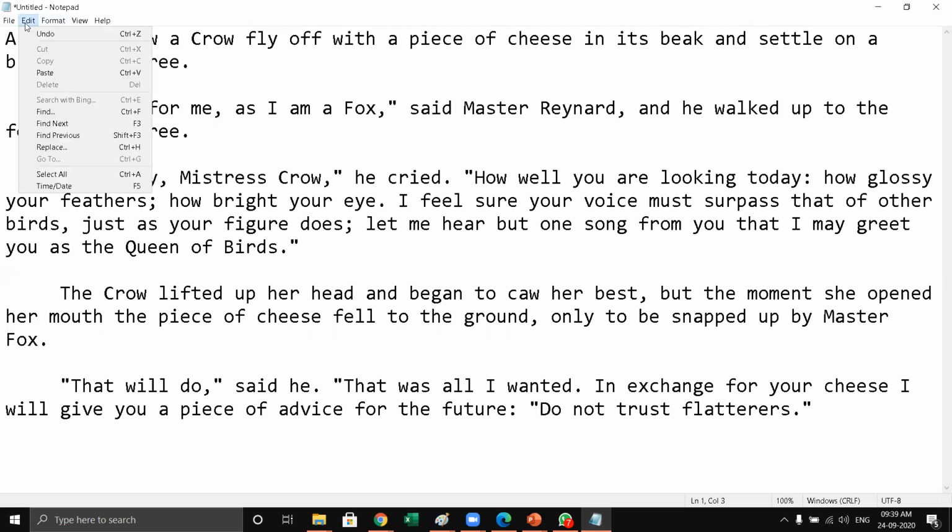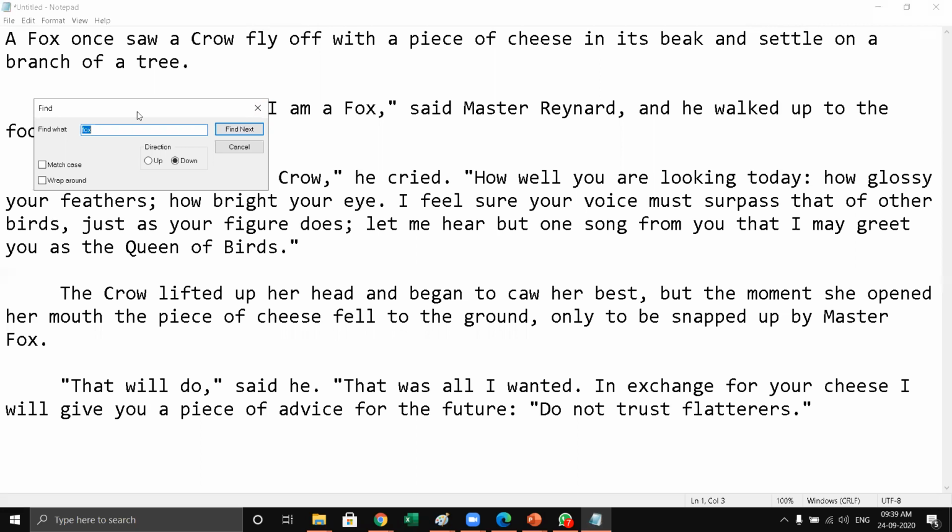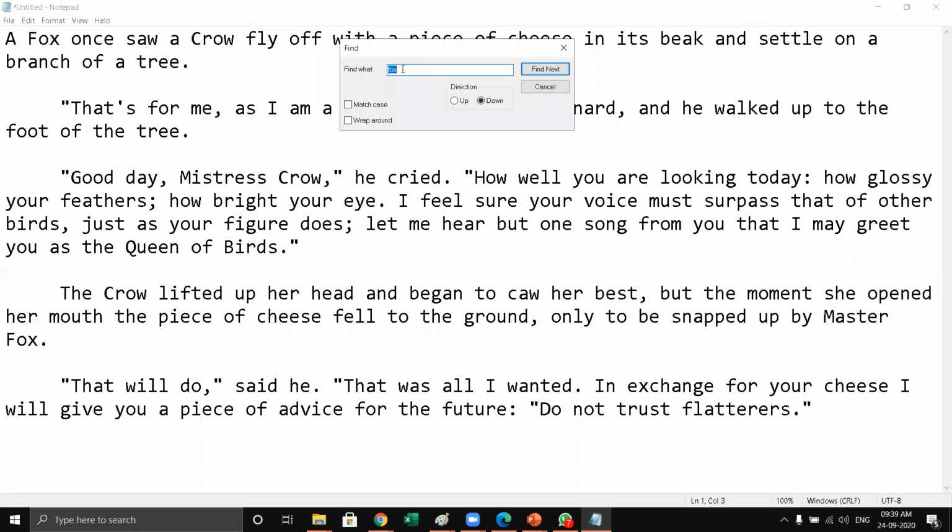So I'm going to edit and I'm clicking on find. This is the find dialog box. What do I want to find? I must write there fox. And now I will give find next. Can you observe here? Fox is highlighted.